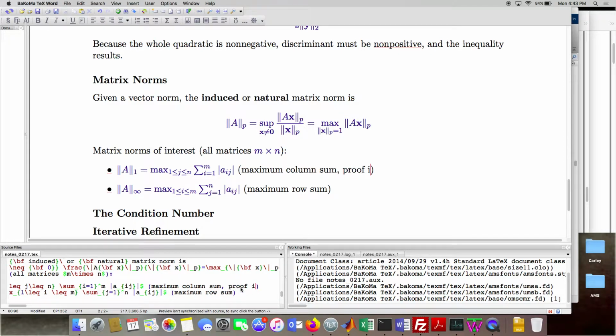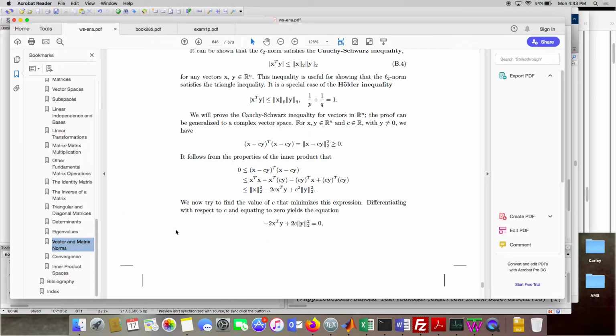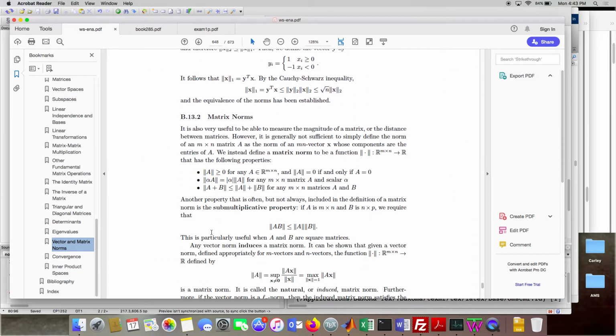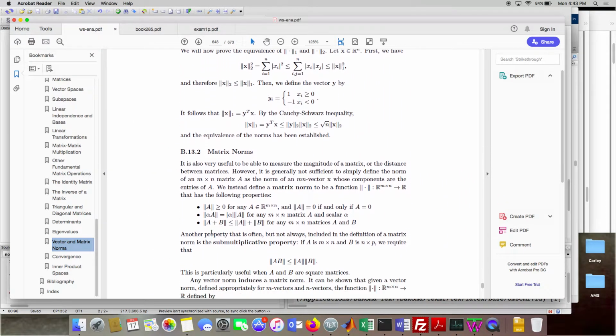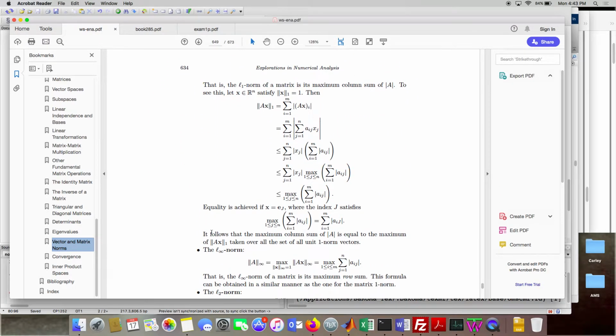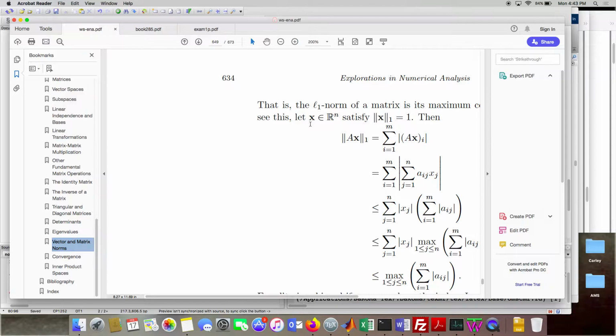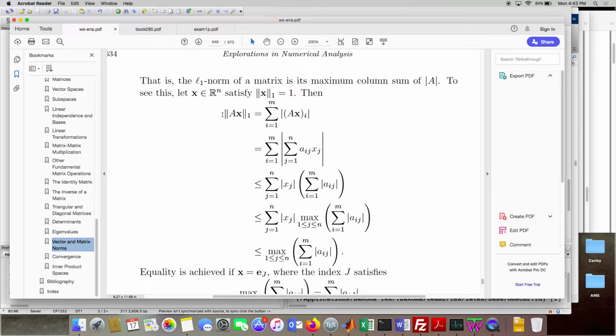So the proof of a one norm has been worked out in the text, on page 634. What happens is I'm trying to find out how this quantity is when it is largest, assuming that the vector x has a one norm equal to 1. And what you're doing is using a formula for a matrix vector product. But then by the